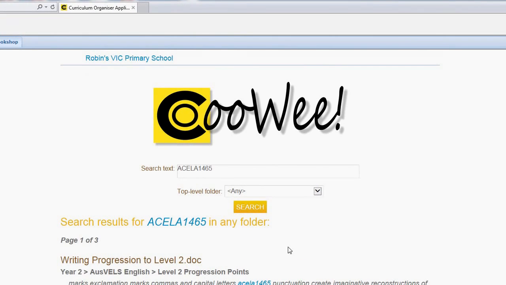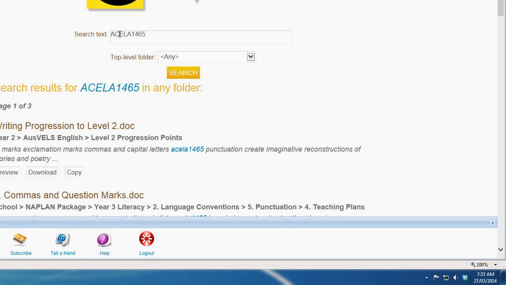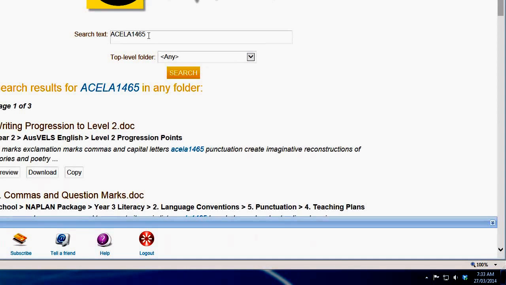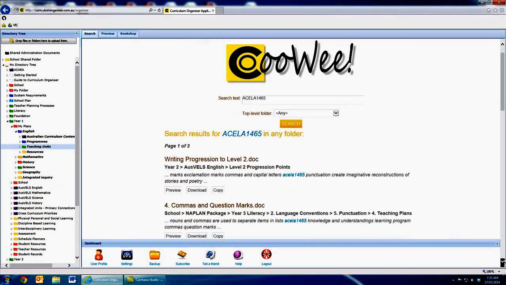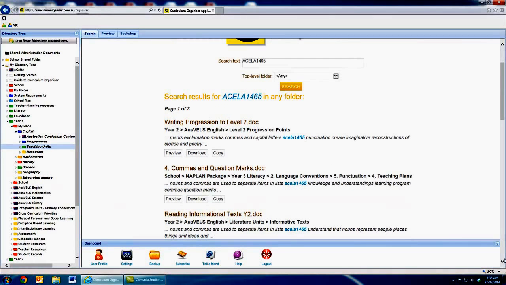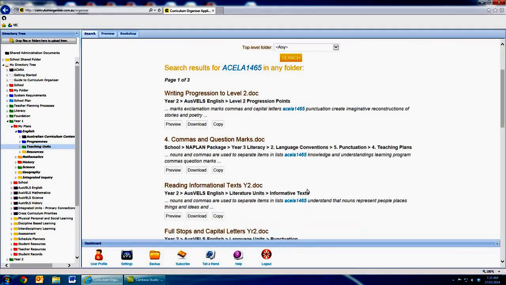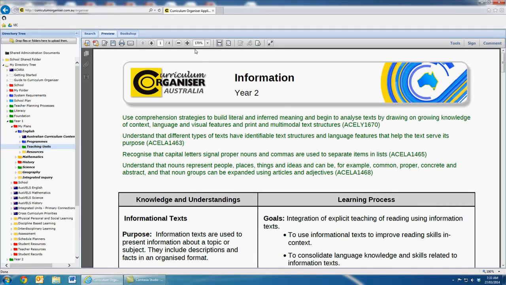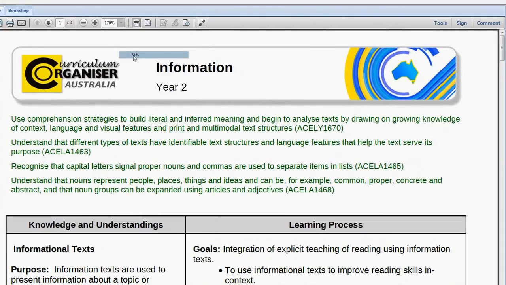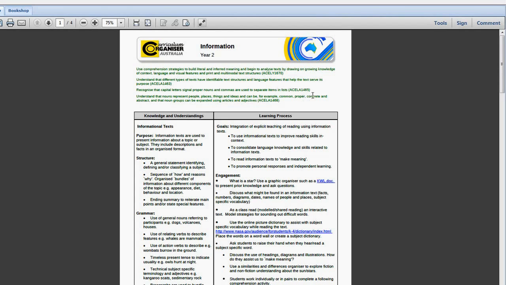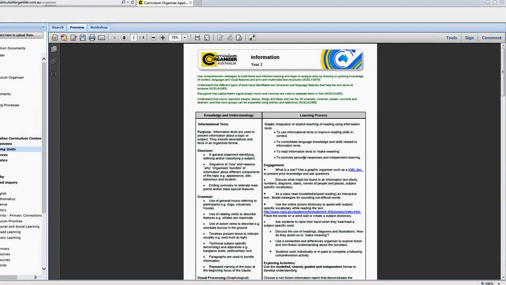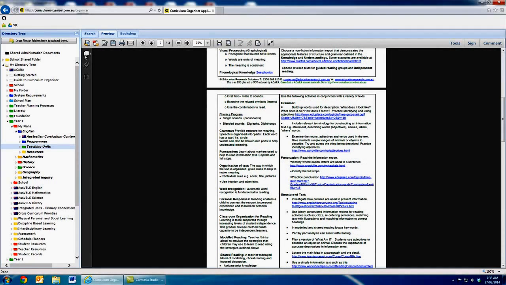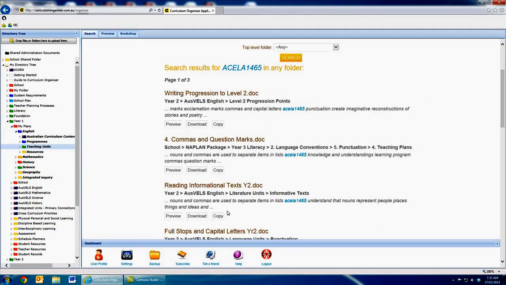So in this case, I've put in the code Australian Curriculum English Language 1465, and it has identified 3 folders of documents. And again, I could then preview this information, I could download or copy. In this case, that code has brought up another topic which relates to this particular code, and so I've been able to identify another document which may be appropriate for my work, and I can